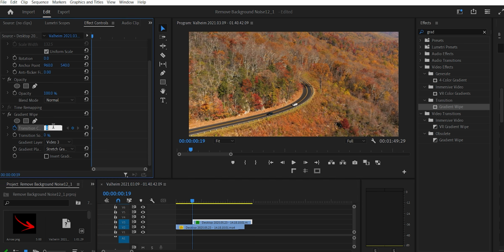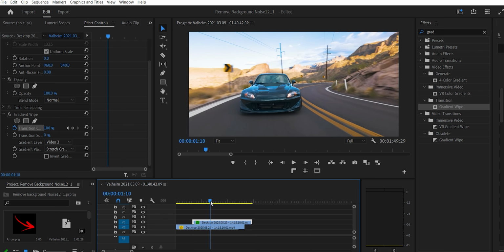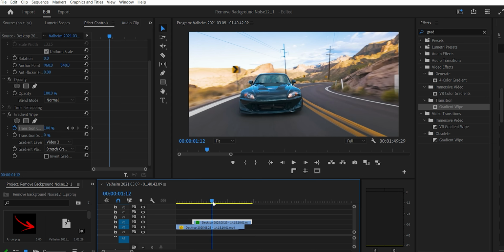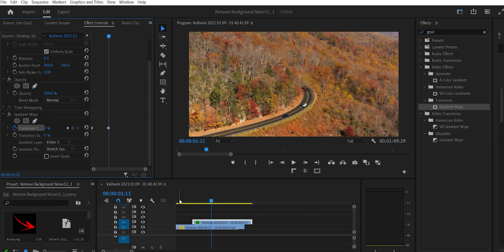The first stopwatch icon will appear. Change the value from 0 to 100. And following, move your timeline 1 or 2 seconds ahead. Again, change the value from 100 to 0. The second stopwatch icon will appear. And let's see the